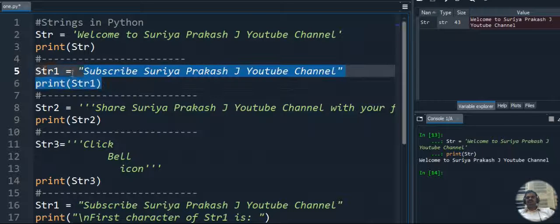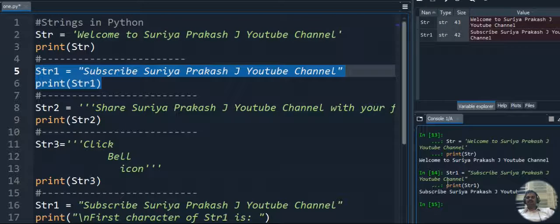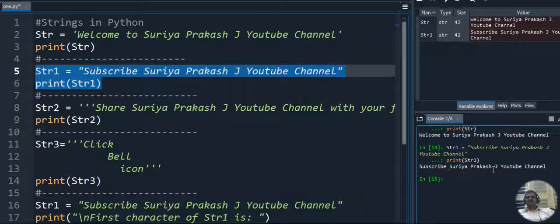The same way we can assign the string value to the string variable in Python also. So let's execute this code and you can see the output: Subscribe Surya Prakash J YouTube channel. That is the statement I gave inside the string value, assigned to str1, and I am printing it.